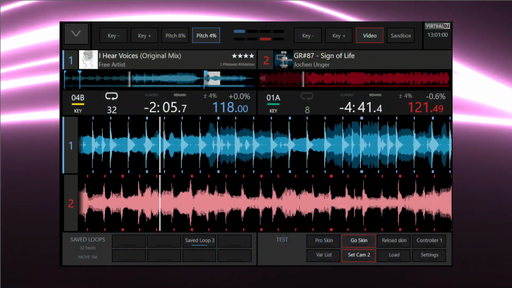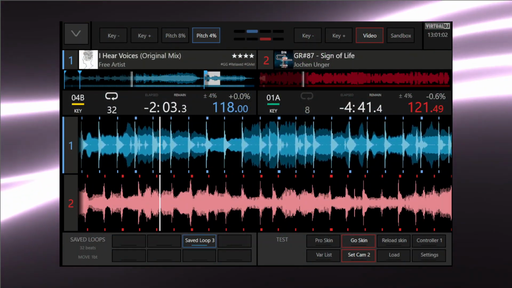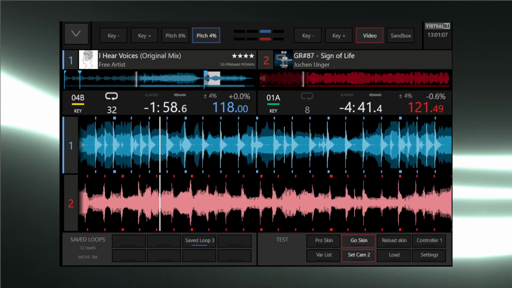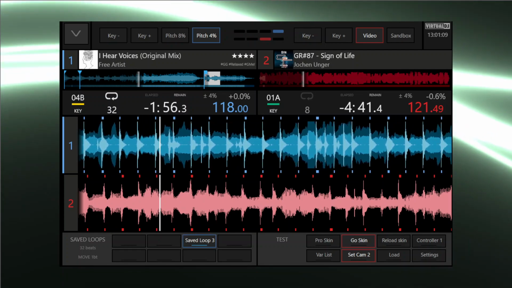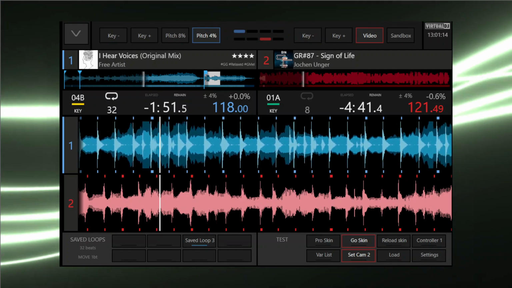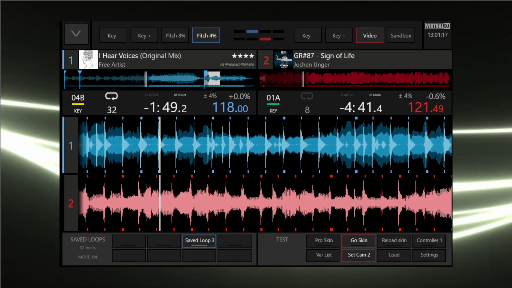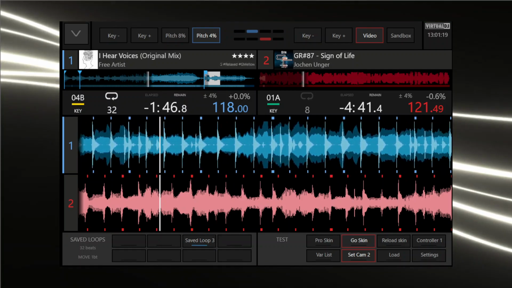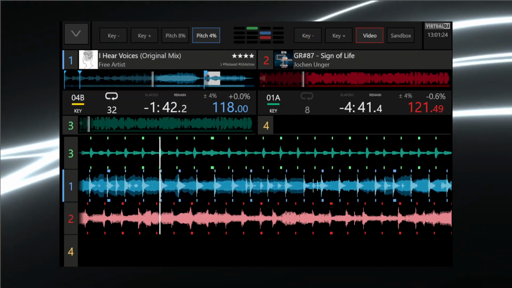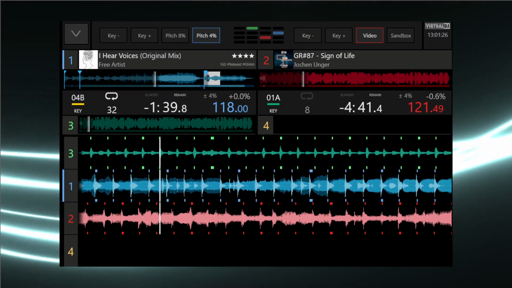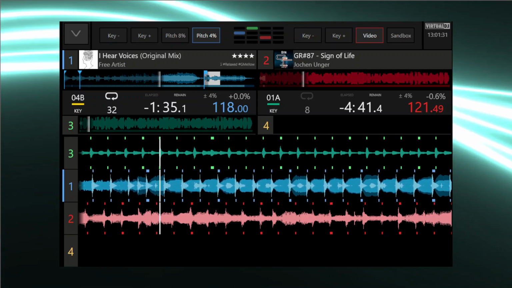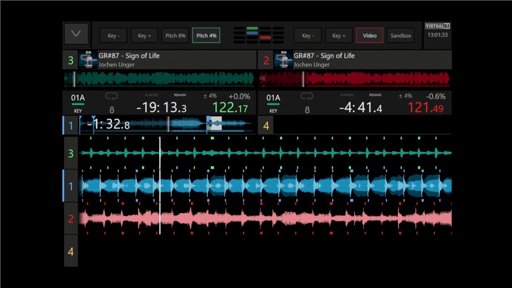We start with the default 2-wave horizontal view, or 2 decks horizontal view. This is not very different from the default Prime Go view, but it has some little optimizations. As you can see, for example, here an 8-pad mode for the Prime 4. Next is a 4-deck horizontal view where you have your 4 decks displayed at a glance, 4 waveforms, 4 decks, and the active deck is displayed in an